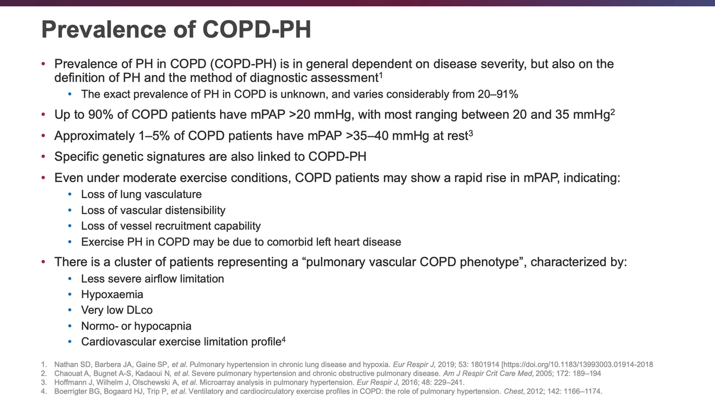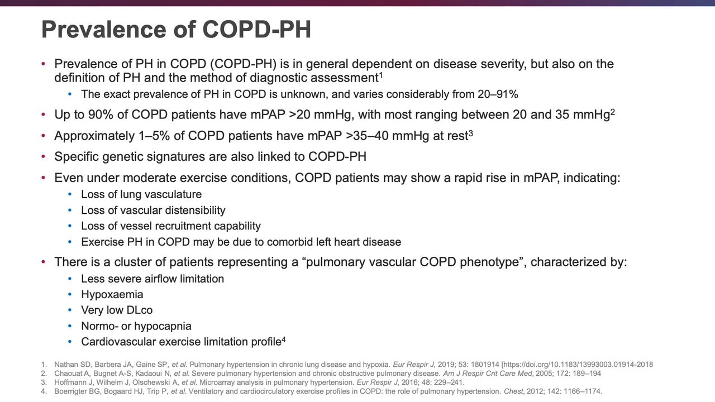interstitial lung diseases. The severity of pulmonary hypertension, however, is usually very mild, and several studies show that only about 5% of patients with COPD have severe pulmonary hypertension, as defined by that cutoff of 35 millimeters of mercury. There were several studies looking at exercise hemodynamics in patients who have COPD-related pulmonary hypertension, and they did show that there is a very rapid rise in mean pulmonary pressure, probably indicating loss of lung vasculature and vascular distensibility, as well